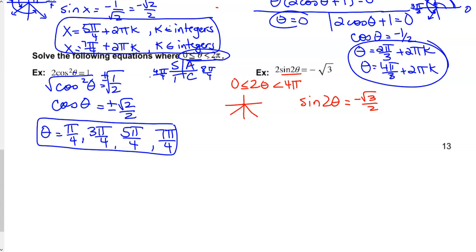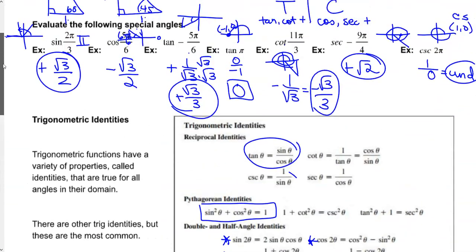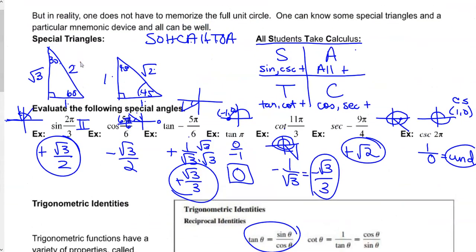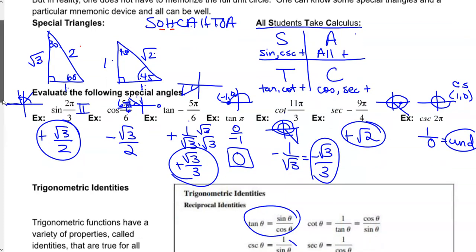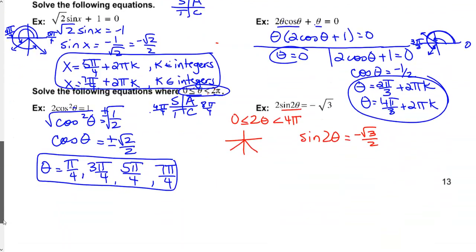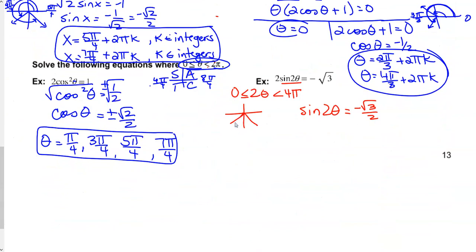So to have the sine, the opposite over the hypotenuse, to be root 3 over 2. Here's root 3 over 2 for the opposite over hypotenuse. So that is opposite of the 60-degree angle, so opposite over hypotenuse. It is a reference of pi over 3. So we need the pi over 3 angle here in the third quadrant. Well, if this is 3 pi over 3, this is all the way 3 pi over 3, add one more pi over 3 to get all the way to that ending side. So therefore 2 theta this time. So this is all of my angles. So 2 theta would have to equal,